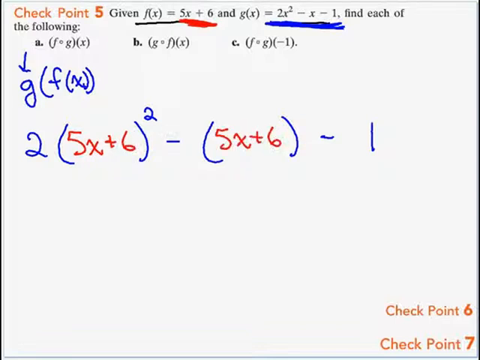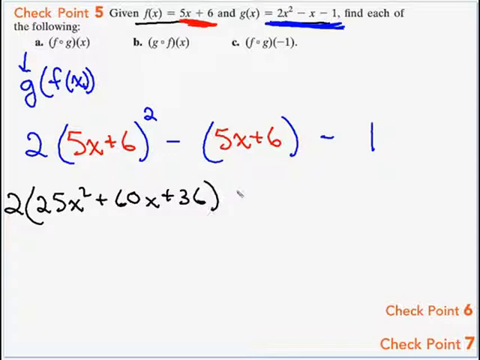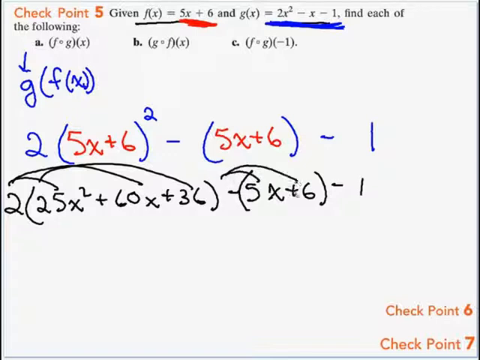And let's simplify it down here. So we're going to have our 2, and if I FOIL this out, I'm going to get a 25x squared plus 60x plus 36. And I'm going to leave this in parentheses for now, because I do have to distribute this leading 2, and then I'll distribute the negative across that second set of parentheses. So let's see, that's 50x squared